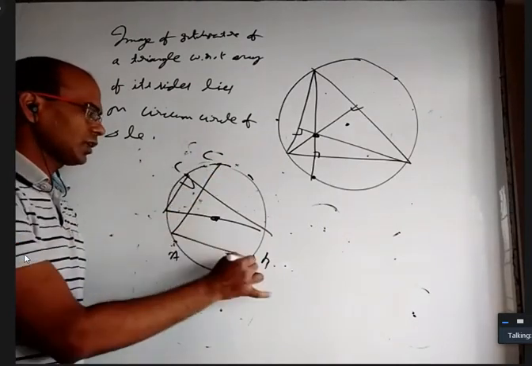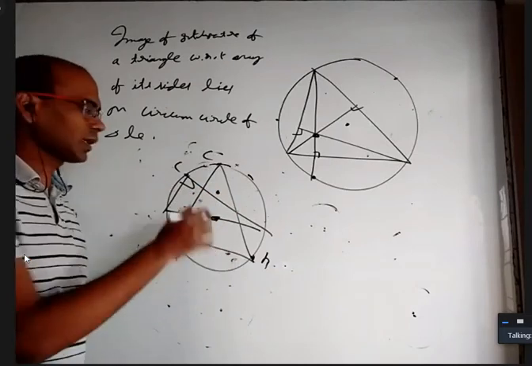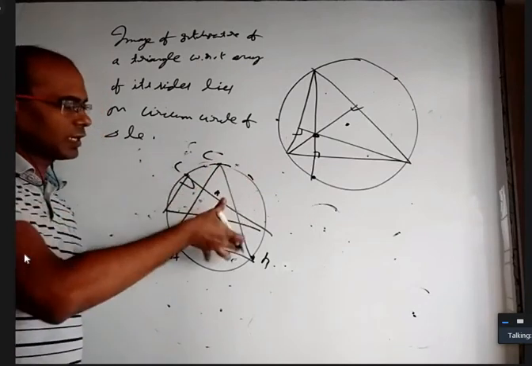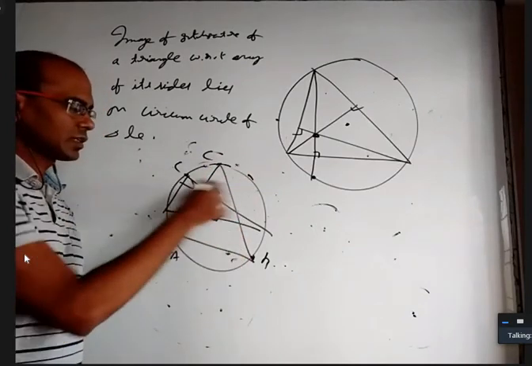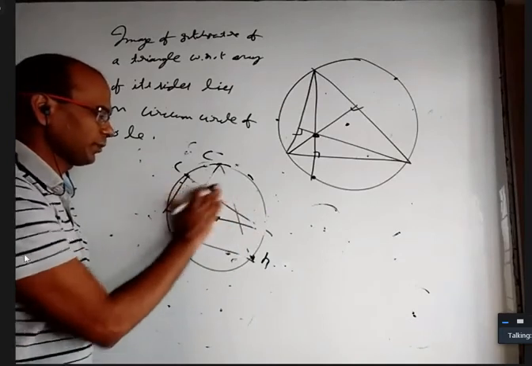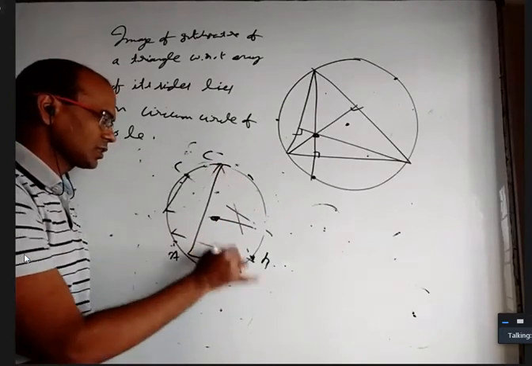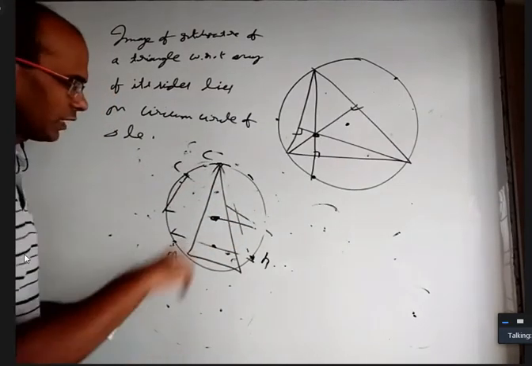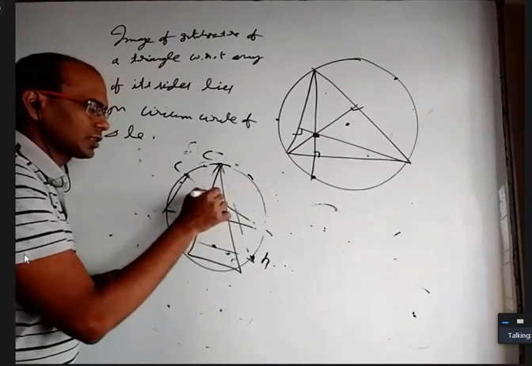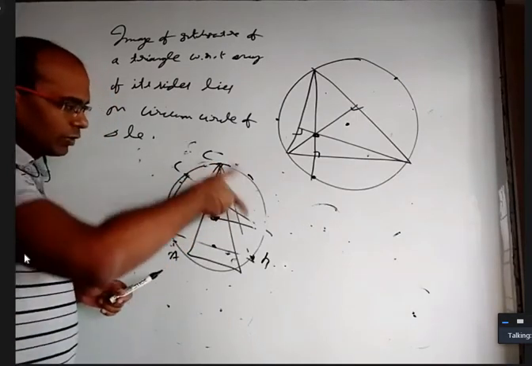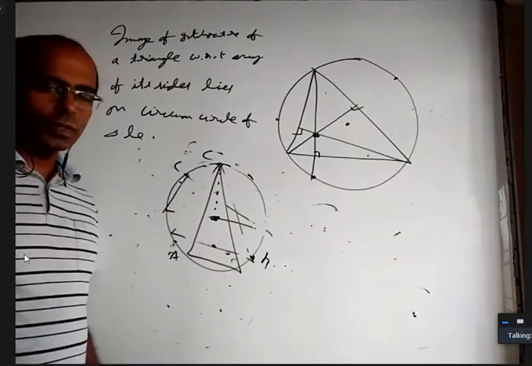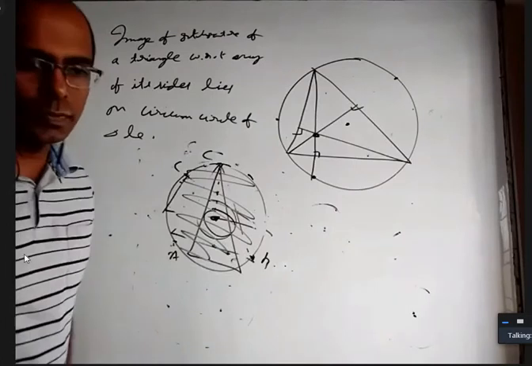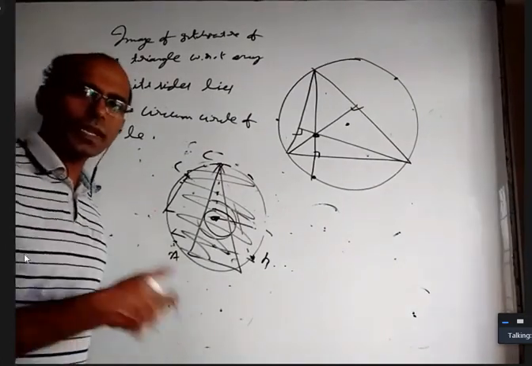I'm sure for some triangle which is acute, the orthocenter can be here. If you rotate the triangle, I'm sure it will cover a concentric circle. I can adjust some triangle like this where the orthocenter is here, and if I rotate that, I'll get it. So if you can find a triangle where the orthocenter is here, here, here, and you rotate that, it will cover all the circular rings. So you will get one ring. Basically, every point inside this can be the orthocenter of some triangle or other.